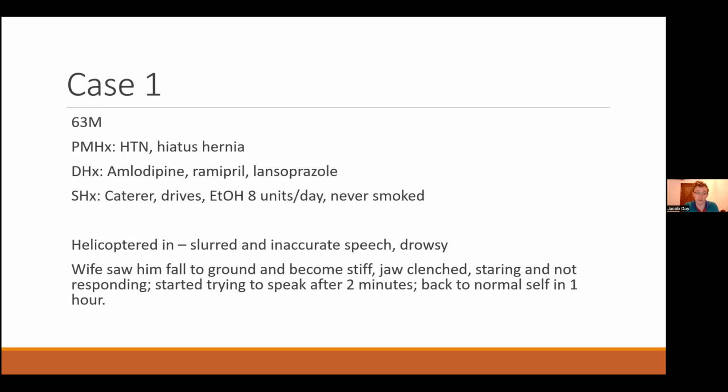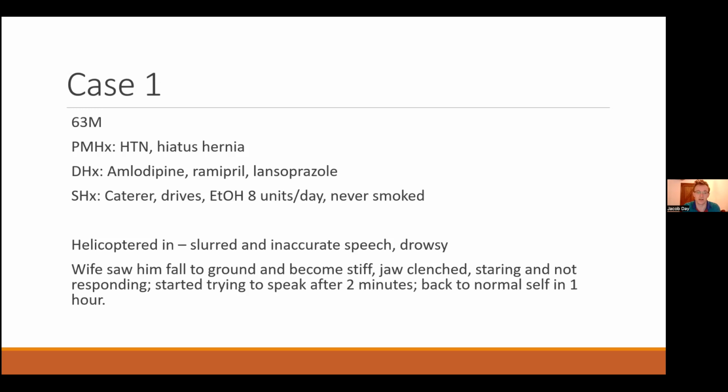So he couldn't remember. So I spoke to his wife over the phone, and this is basically what she told me. She said, we were at home, I saw him fall down, he was on the floor, he became quite stiff and clenched his jaw, and then he was just staring forwards and not responding. Unresponsive is something you get told quite a lot about patients. She was talking to him and he just wasn't responding and didn't seem to realize that she was there. It stayed like that for maybe a minute or so.